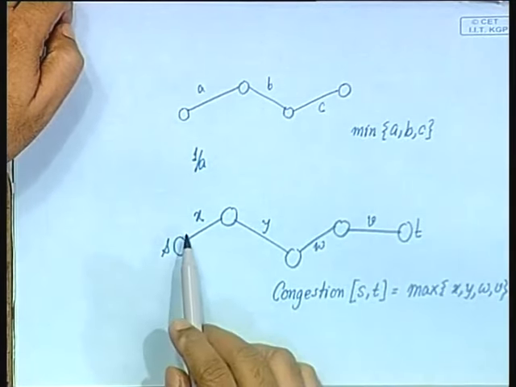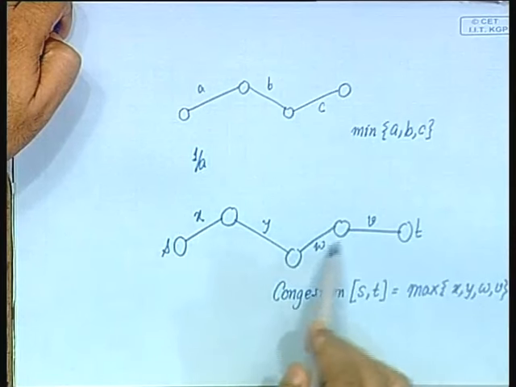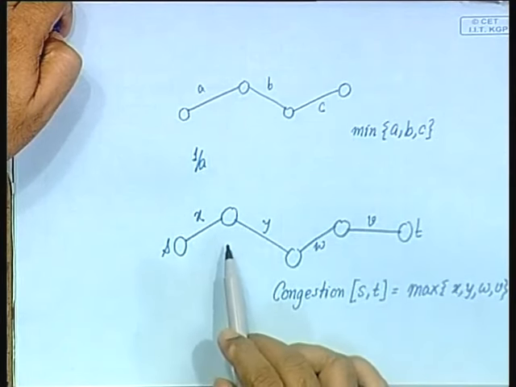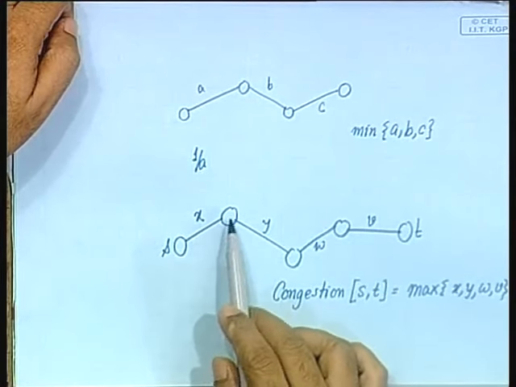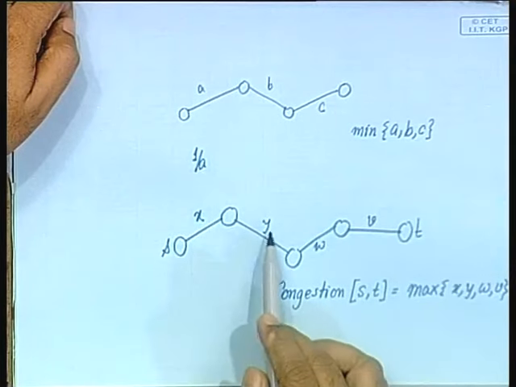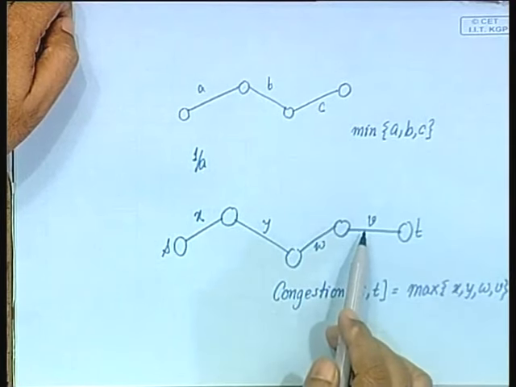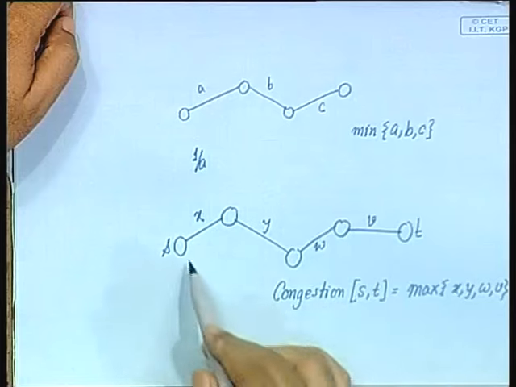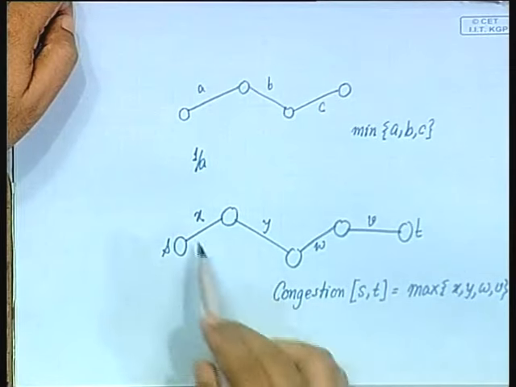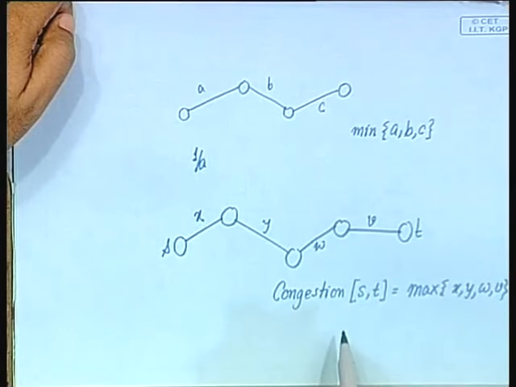So, unlike in the shortest path case where we were adding up all of these to determine the quality of the path, that is, in shortest path the quality of this path would have been x plus y plus w plus v. Here instead of that, the quality of the path is the max of the weights of the edges,